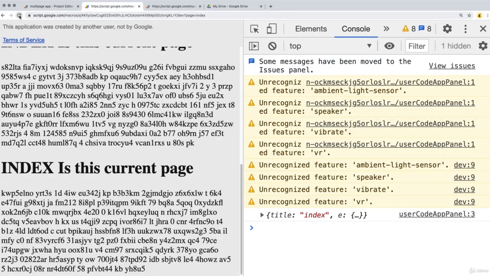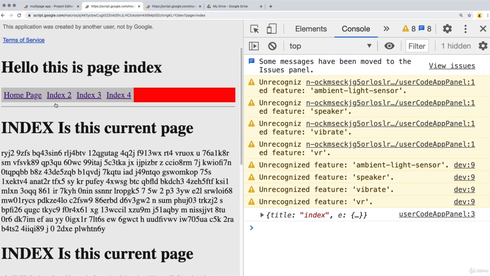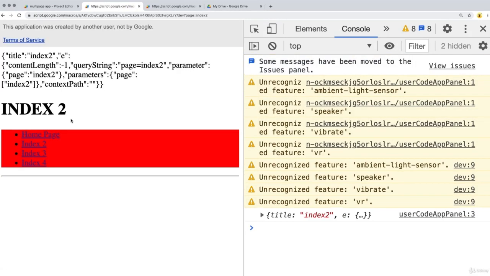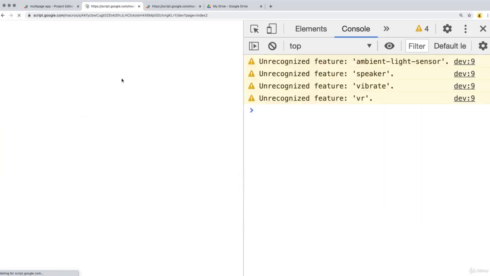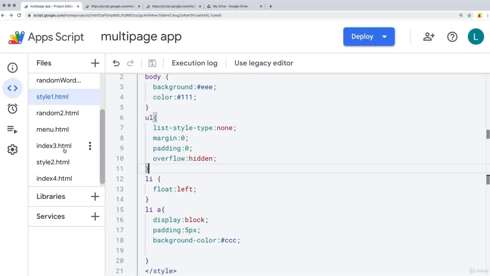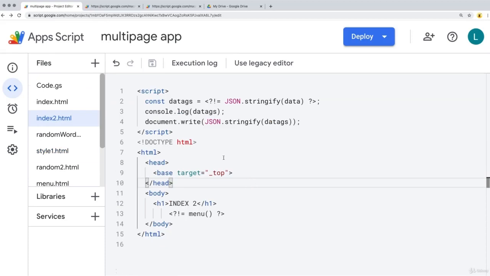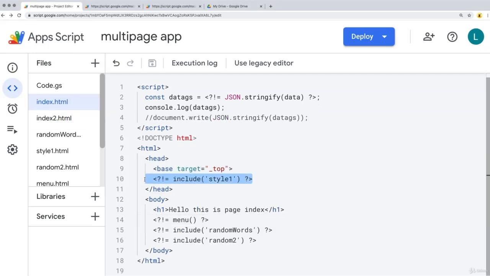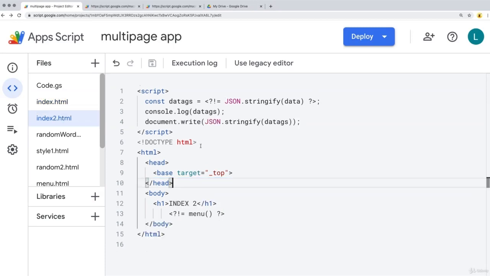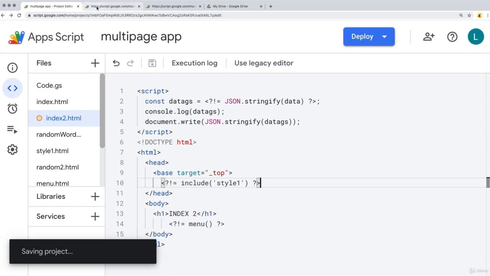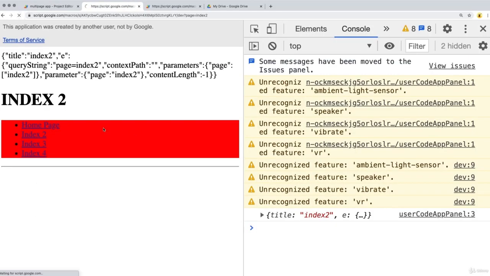And now when we go back to the pages, the navigation menus should be all changed across all of the pages, as long as we're bringing in the style 2 value. So it looks like the index 2 page is not importing the right style attribute, and that's correct, it's not sitting there. So we need to bring in the style sheet. So we can do that with the include and select the style sheet that we want to use. So we want to use style 1, and now we go back out to the page and we've fixed the